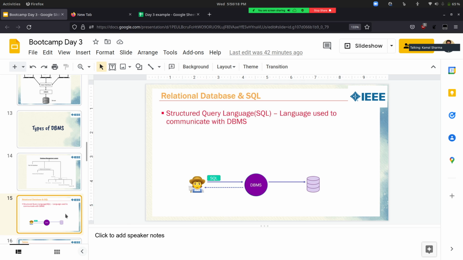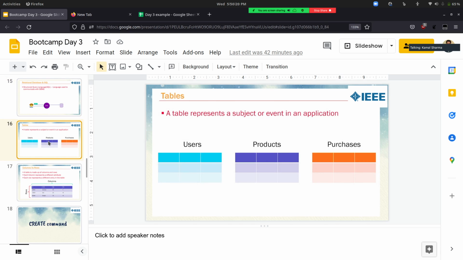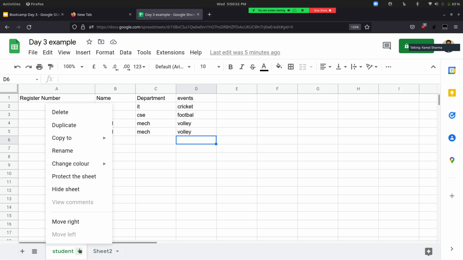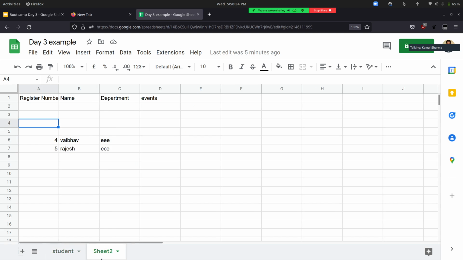Now, like I said, in a relational database everything is represented in the form of tables. Let's say in this Google Sheet example, you would have stored a user's details in one sheet, and whatever products you have in another sheet.